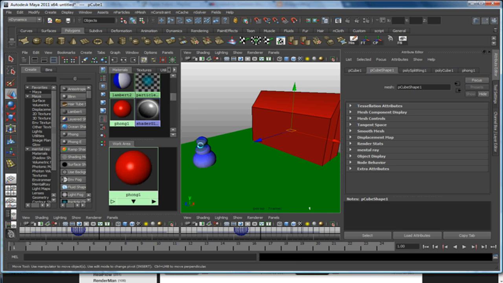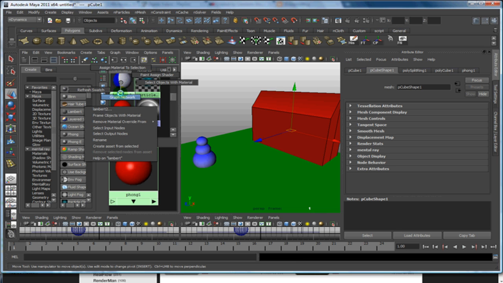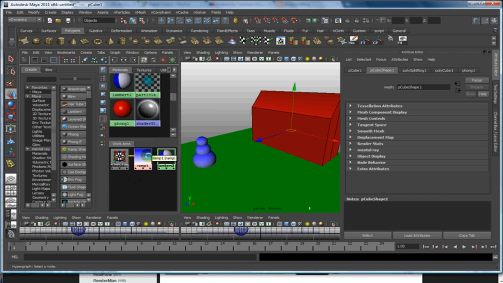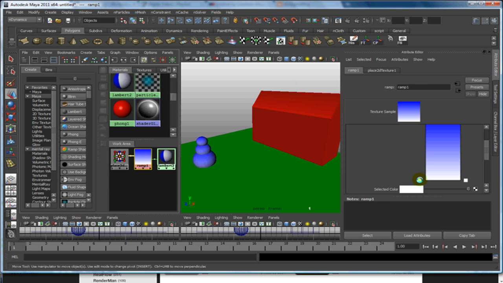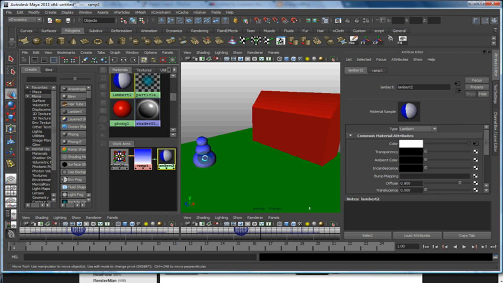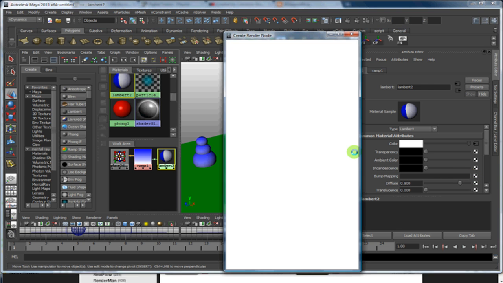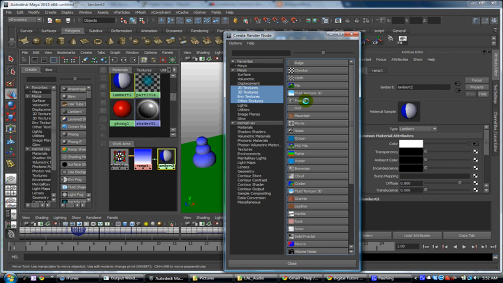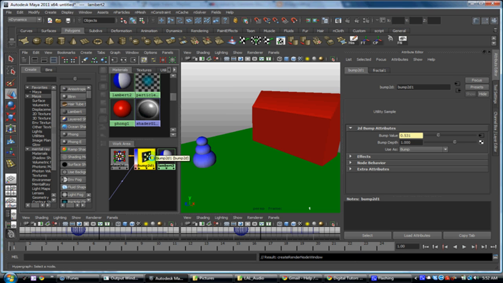I could also edit this material by right clicking on it and going to Graph Network. I can adjust the ramp and it will change it. I could also add a bump map if I select the material and choose bump mapping. Fractal is a great bump for snow. I know that I need to adjust the depth